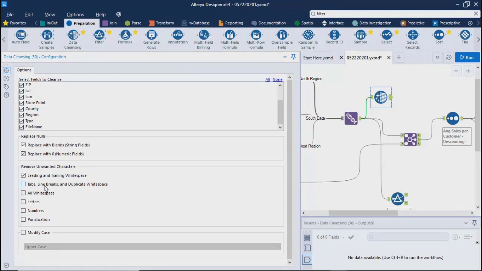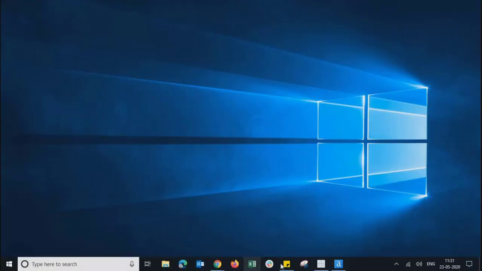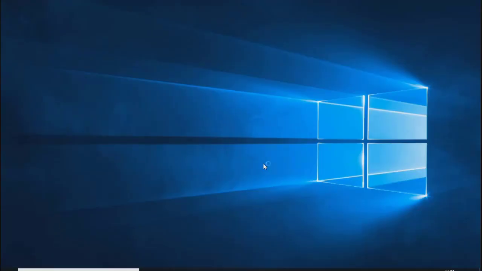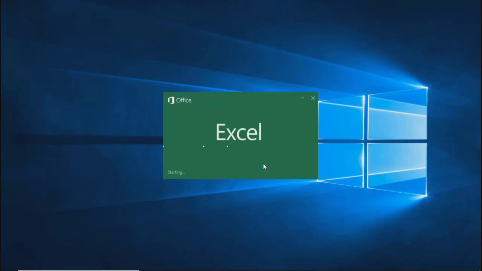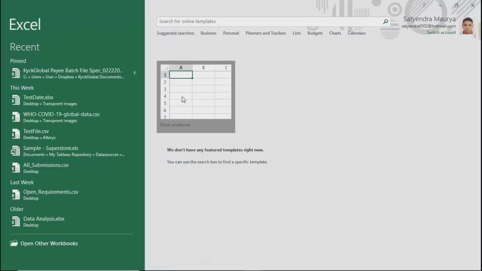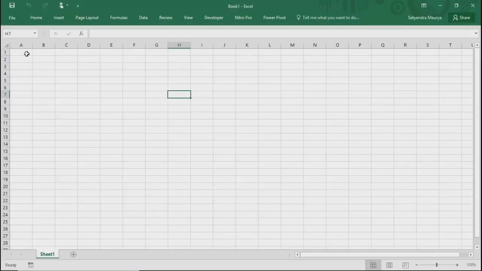No worries. Let me give one example here. I'll go ahead and open one Excel sheet and create some sample data. Let's say this is name, these are categories, let's say rank, and maybe some other number, or maybe description.